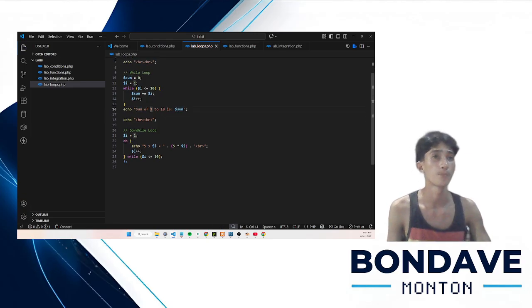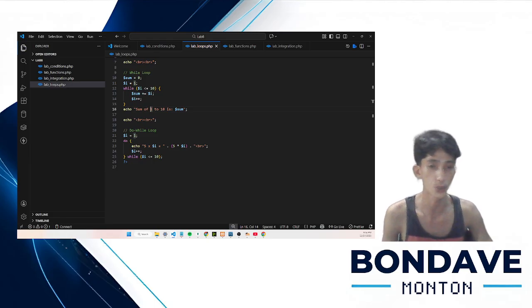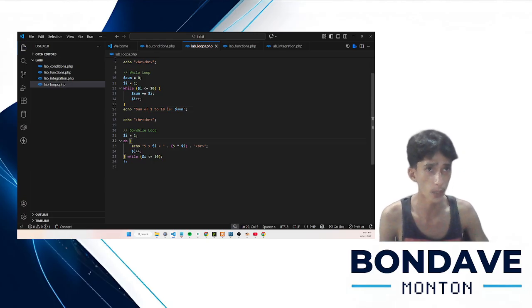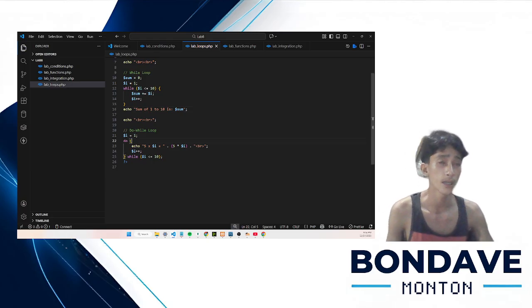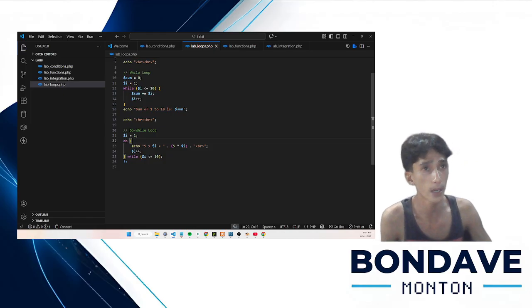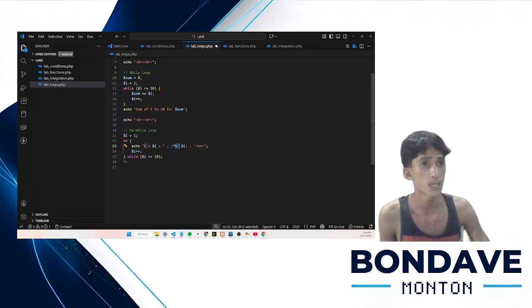So yeah. Next would be the do while. The do while loop runs at least once before checking the condition. It prints the multiplication table of 5. So this do while says here echo 5 times I, where I is equal to 1.